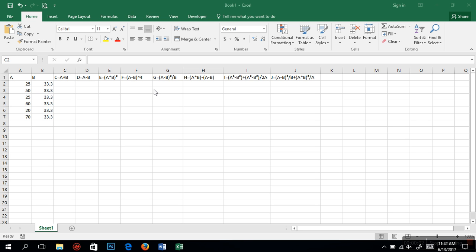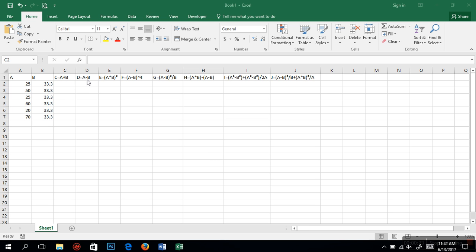We are looking at calculating all these. First, we already know that A is 25, 50, 25, 60, 20, and 70. And we know the values under B as well. Now we want to see how we can calculate for C, which is A plus B,